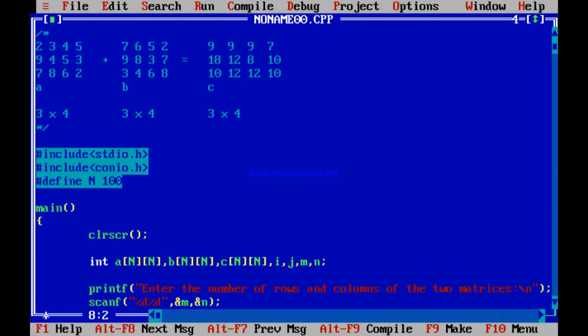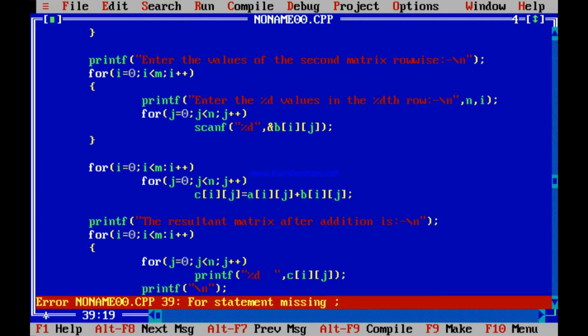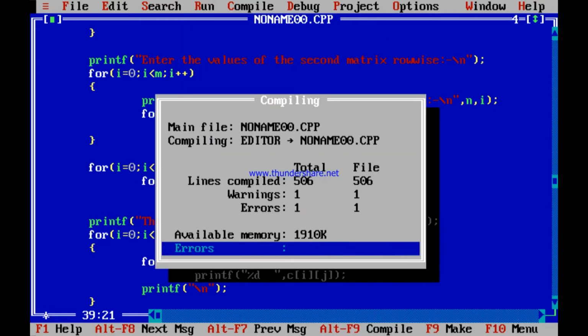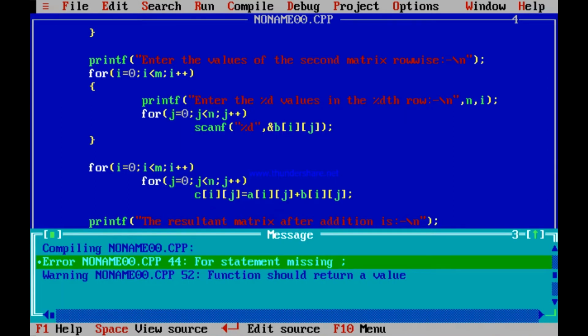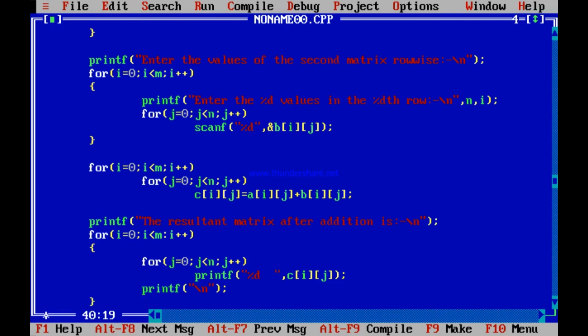Okay. So now if you run the program, here is still an error, for statement missing. Where did I miss it? Here instead of semicolon there was a colon. Anyway, let me run it again. Still one error, for statement missing. It seems that a semicolon I have missed out somewhere or the other. Where did I miss it out? Can you also point out yourself? See here. Again this semicolon has been replaced by colon, because I copied and pasted. Anyway, let me run it again.